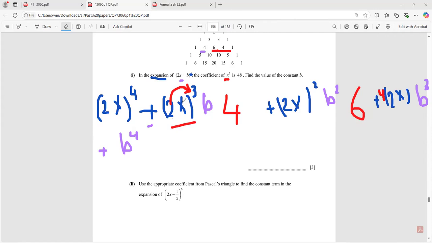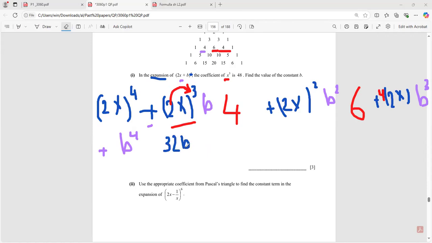Make sure that you cube the 2, which equals 8 x cubed, multiplied by b, multiplied by 4. So 4 times 8 equals 32. So the total is